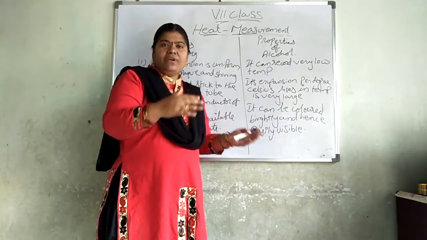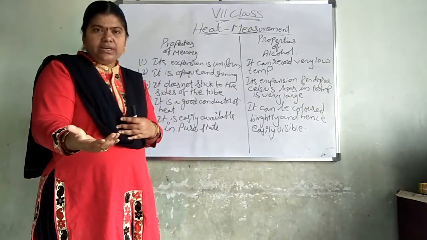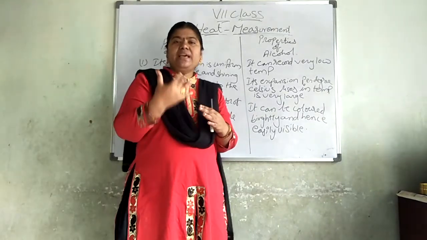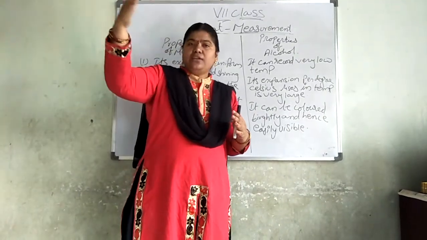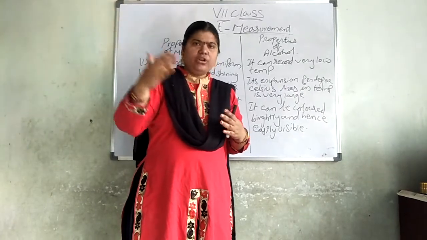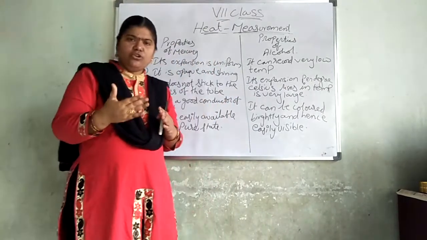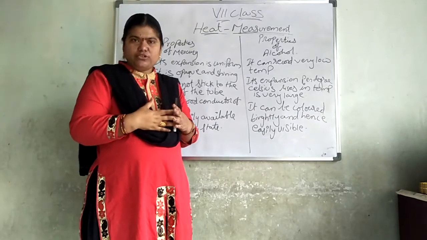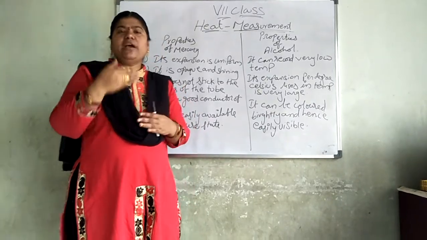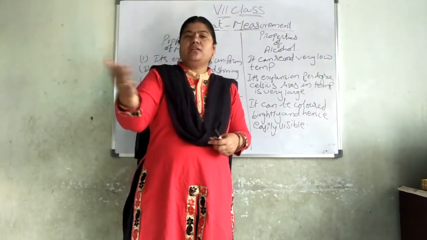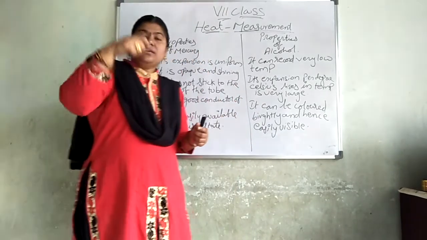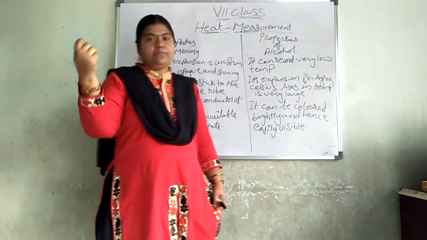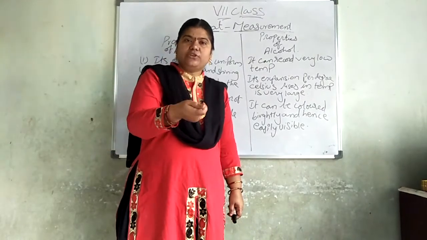Why? Because when we are checking the temperature of a particular person, a person who has more fever reaches up to 102, 104 like that. If the temperature is low, at 100 degrees, it again comes back to its normal position. So whenever we are using the clinical thermometer for one person or another, we will clean it and then use it. And before I use it for a second person, having used it for one particular person, I have to clean it.